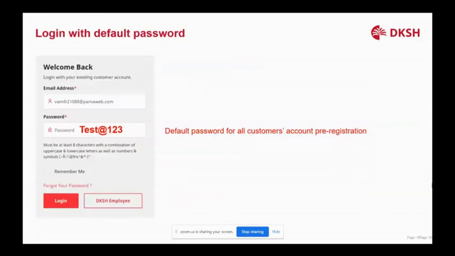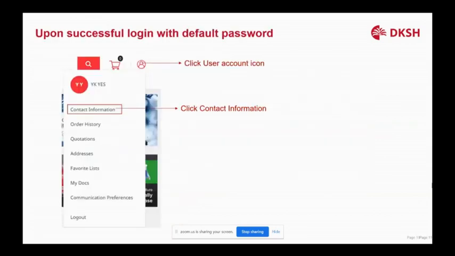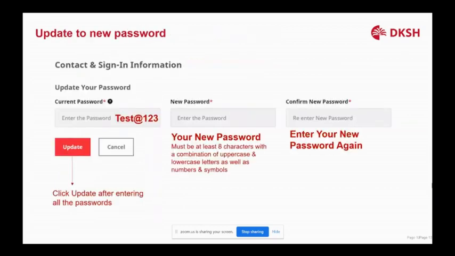Once you have logged in, you will see the home page. Click on the user account icon on the right-hand side of the page, and then click on the contact information. You will then see the update password, new password and confirm password columns. At the current password, just key in test@123, and then set up the new password that you want.